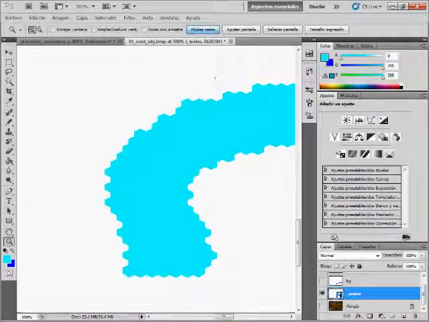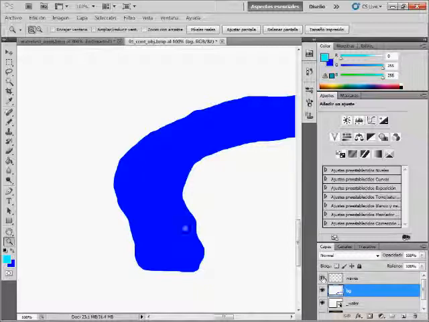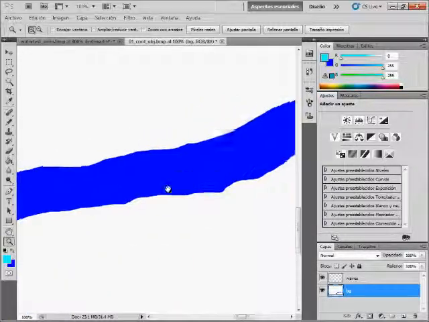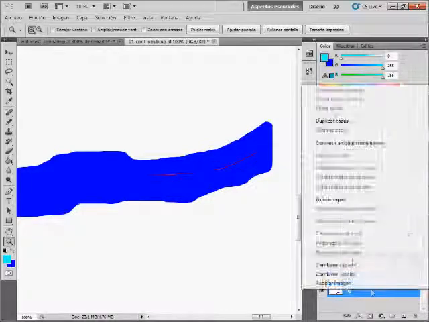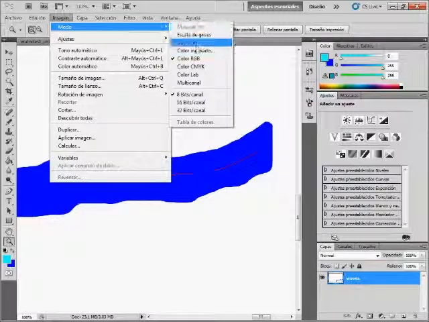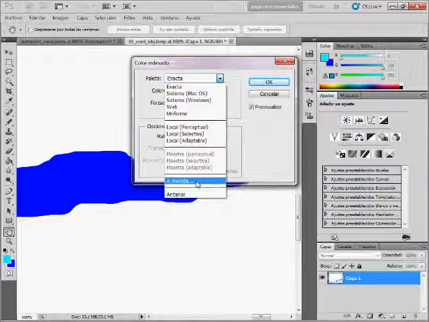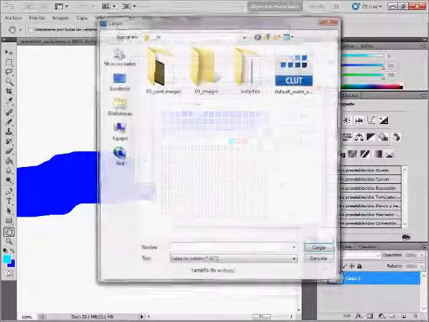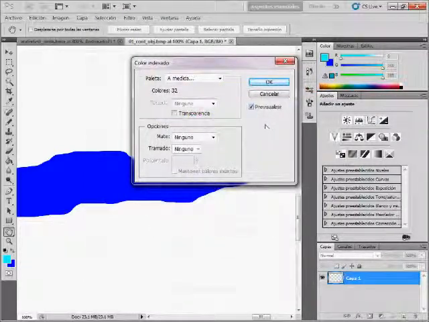Okay, so let's go back, and now that we have our background and our waves, what we do is delete the other layers that are not going to be part of our project. So we have background and waves. We combine these into one. We change the mode to indexed color, and we pick up a palette, which is one that I have saved here, taken from the water test examples 2C UK provided,